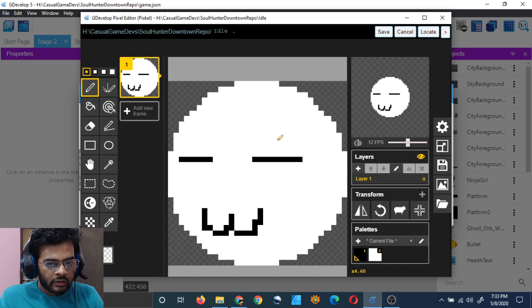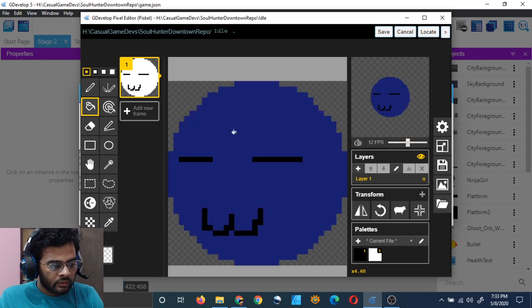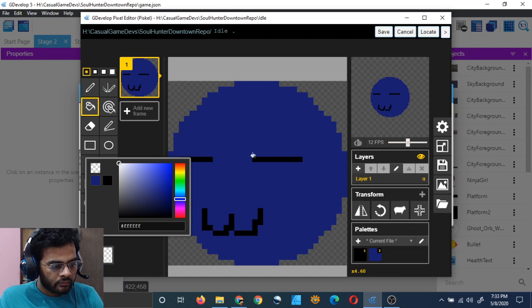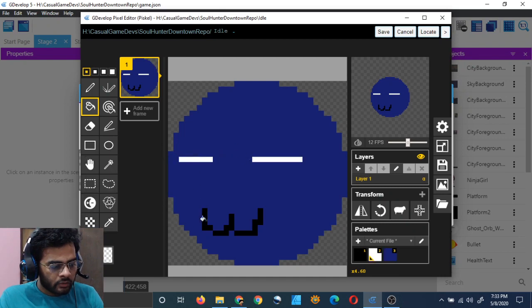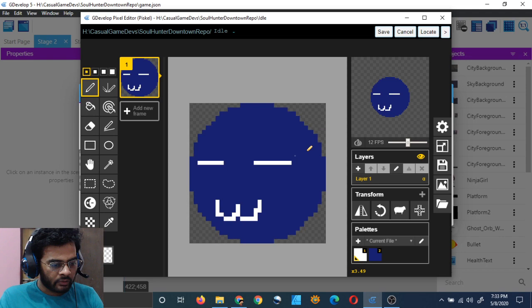So I think I will change the color to something else. I mean like dark blue or something. And for the eyes I will do white, and for the mouth also. So it's a different ghost, and so it should be a little bit more different, I believe. This is okay, but I think I will add something more, something which differentiates.